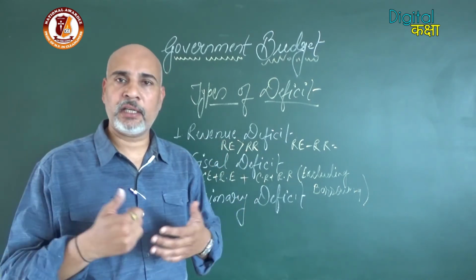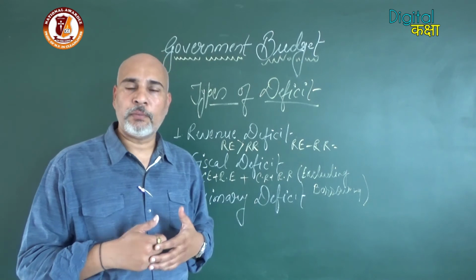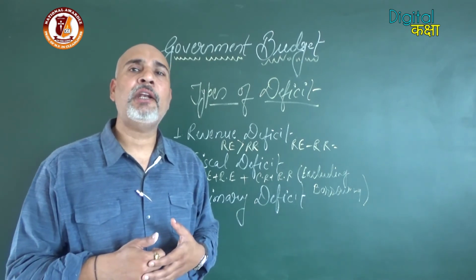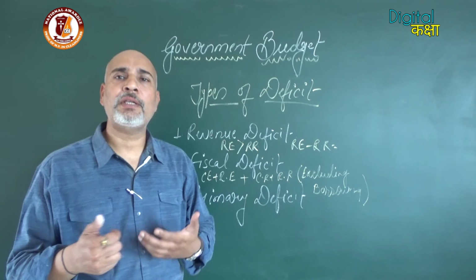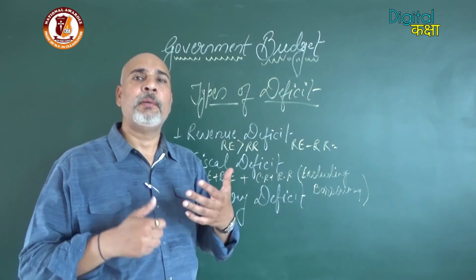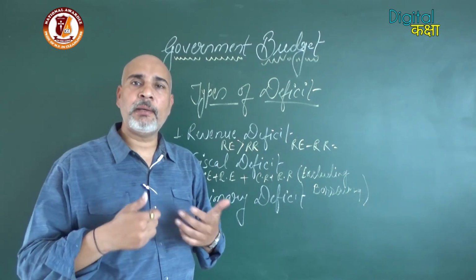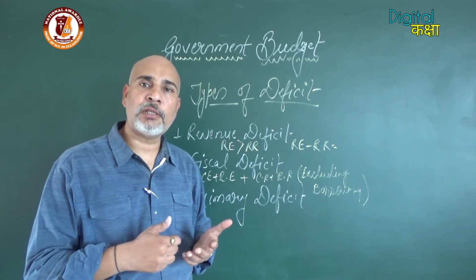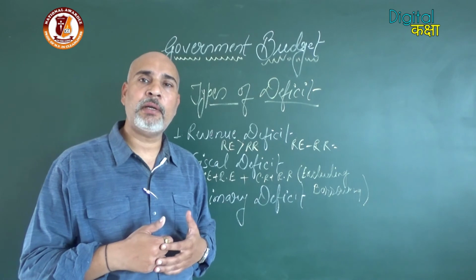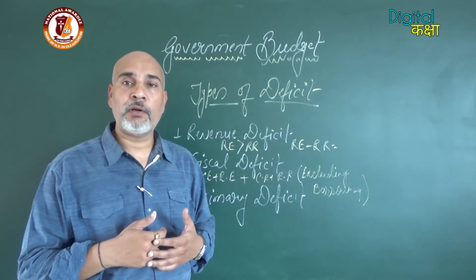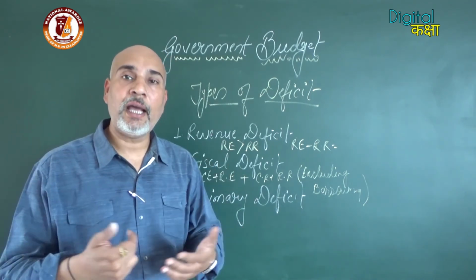Let's just take our own example. Suppose you are earning 1 lakh rupees per month and you have borrowed 5 to 10,000 rupees. It can be adjusted, you can pay in the near future. But if the burden is increasing day by day or month by month, until it reaches up to 1 lakh rupees of liability, then in that condition, what will happen? You will have to pay lots of amount as interest.